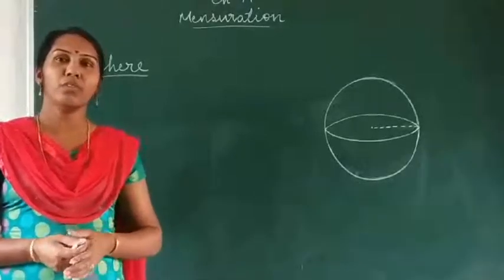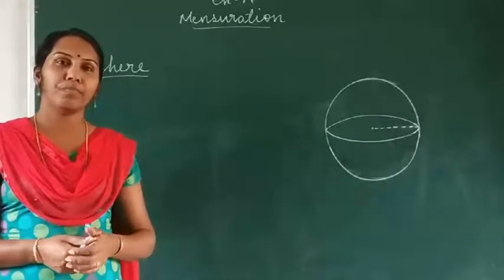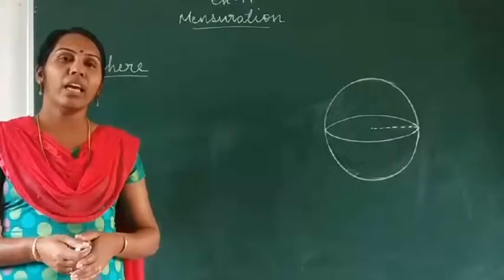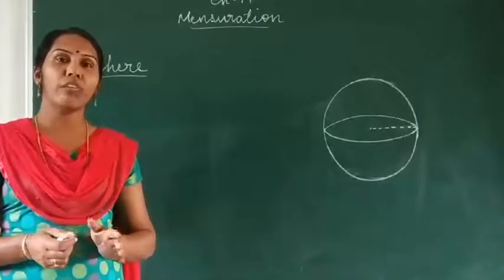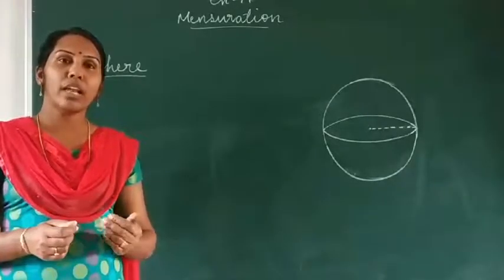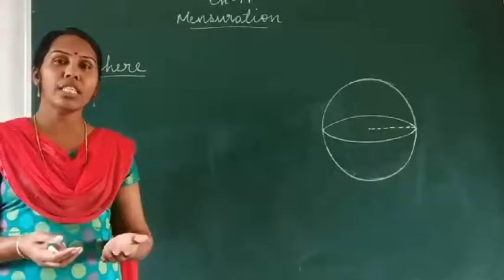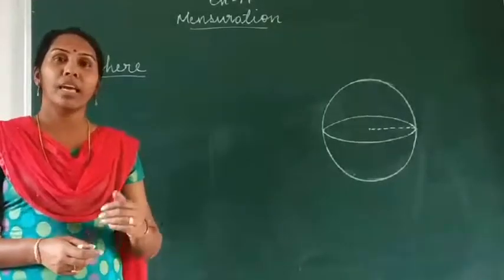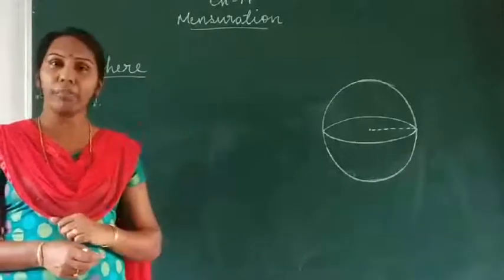In this class, you are going to learn about another three-dimensional figure, sphere. In the previous classes, you have seen that when a rectangular sheet is revolved about any of its sides, a right circular cylinder is formed. And if a right angle triangular sheet is revolved about any of its sides other than the hypotenuse, a right circular cone is formed. Here we can see how a sphere can be formed.